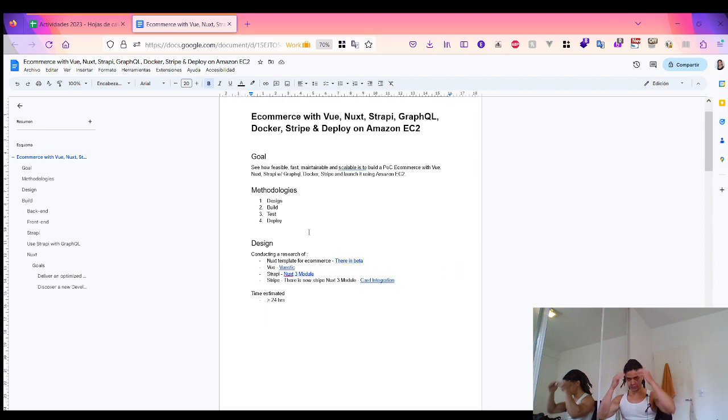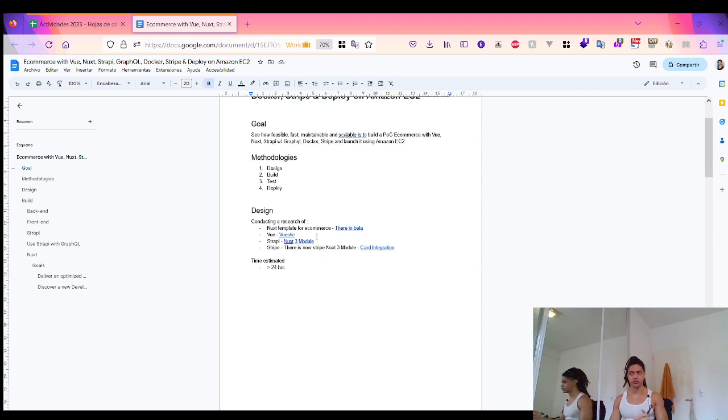So the goal of this is to see how feasible, fast, maintainable, and scalable it is to do this. And the way to do that, or the methodology, is, well, first I look at the design, the build step, the test, and deploy. So on the design, well, I choose what will be the